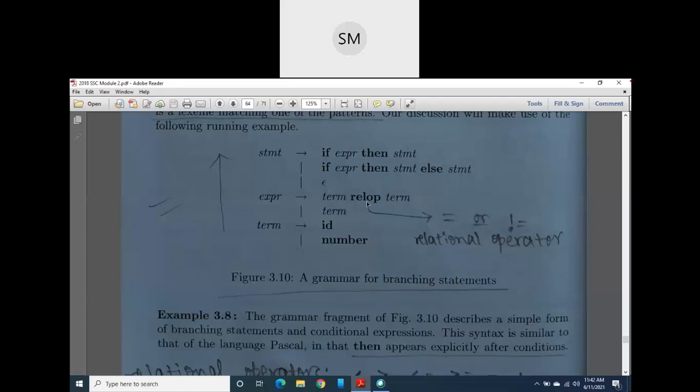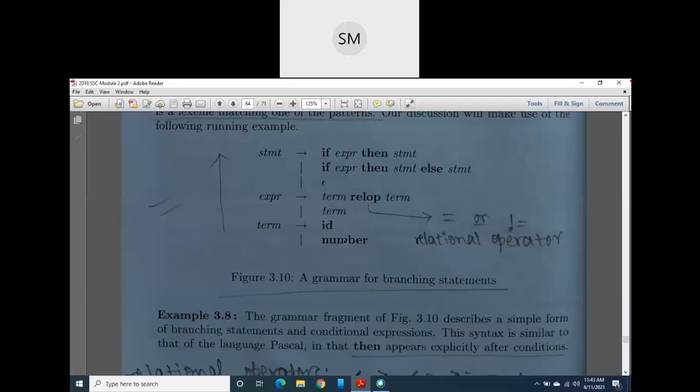So what are these terms? How do they look? Of course, a and b are variables, correct? So they are nothing but identifiers. Or else, in the place of a and b, if you take directly some integer values or floating point values, then those values are identified as a number. This is also one token, with the token name number. So a term may be either an identifier like a, b, c, some alphabets, that is variables, or else the term may be directly the number, that is integer or floating point values.